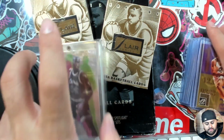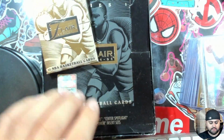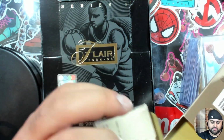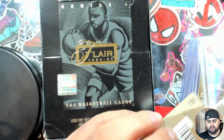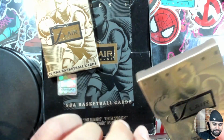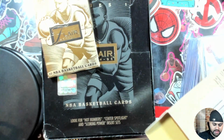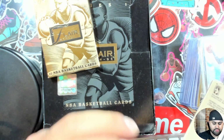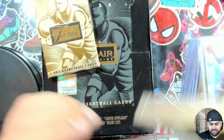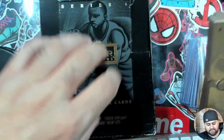So these are kind of cool. This box was kind of beat up when I got it. It just kind of fell apart. But it's like they didn't want you to open the box or the packs. It had this pack in there, and then it had two plastic wrappers around that. It was really annoying to open these. A lot of plastic was wasted there. But in any case, overall, the price point of this box, I would say, is really overpriced